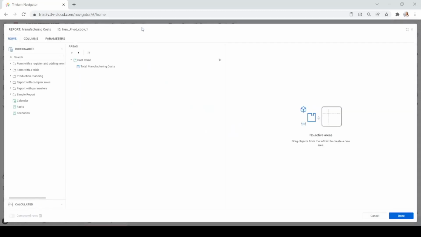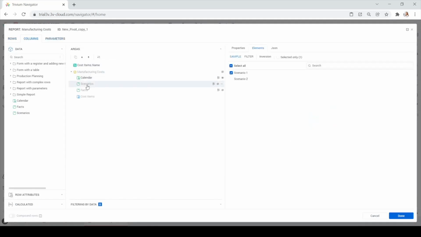Open constructor, go to the columns tab, click scenarios dictionary, push this button, add two parameters, link to parameters scenarios, delete the first filter,